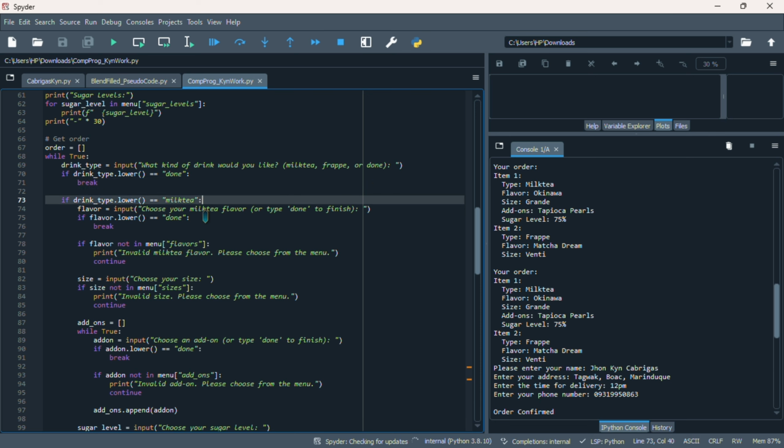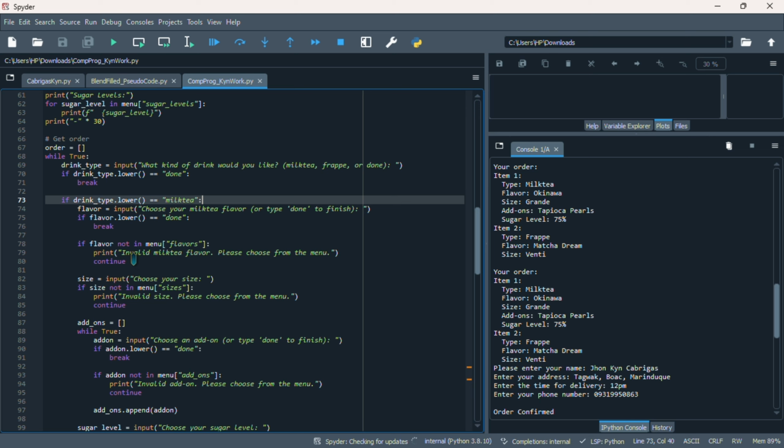If I choose milk tea, the system will ask, choose your milk tea flavor or type done to finish. If I choose done, the program will stop. If the flavor isn't on the menu, it will print invalid milk tea flavor. Please choose from the menu, and it continues.